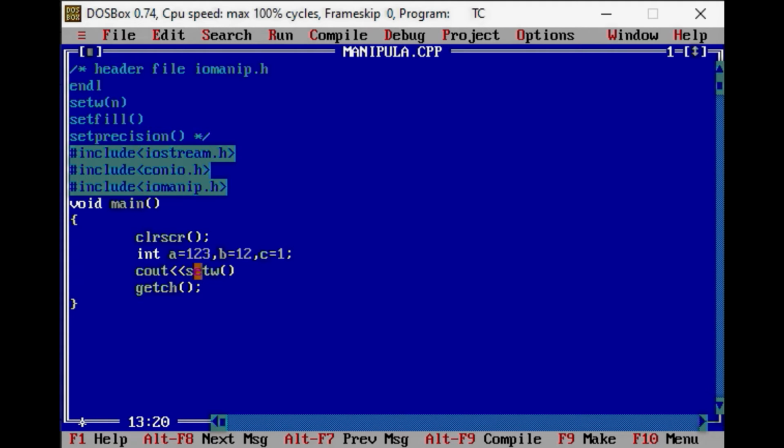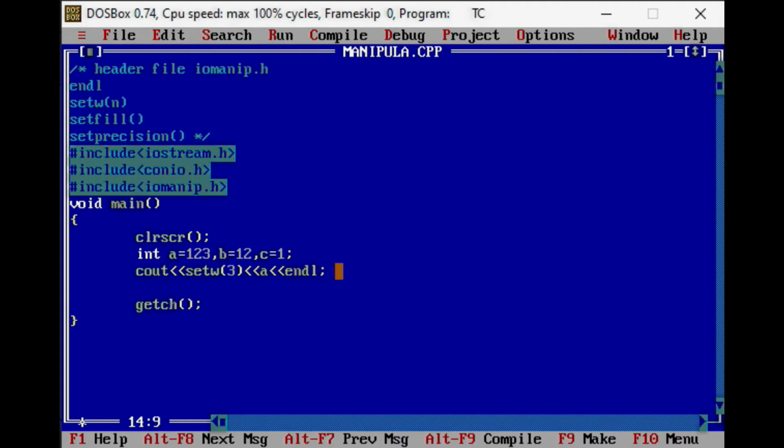I am going to set the width 3 here, and for variable a, I am writing endl. For variable a, I have set the width 3, which is already 3 because we have 3 digits stored in variable a. So there will be no effect in the output, you will see.